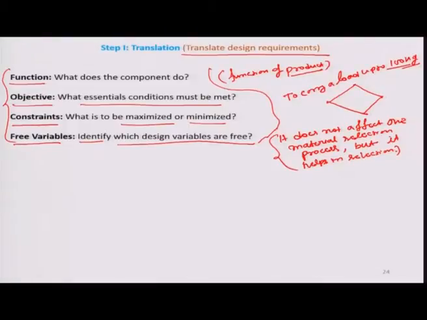Okay. So, we have 4 parameters: function, objective, constraint and free variable, to translate design requirements.